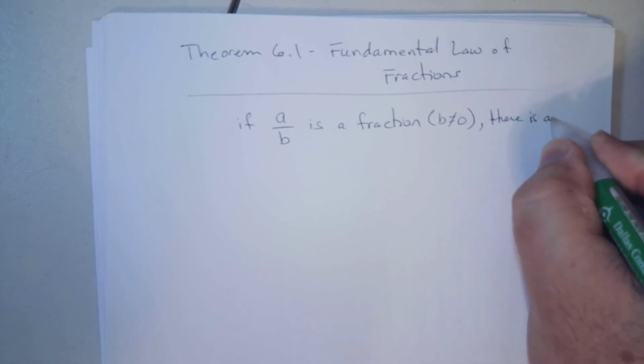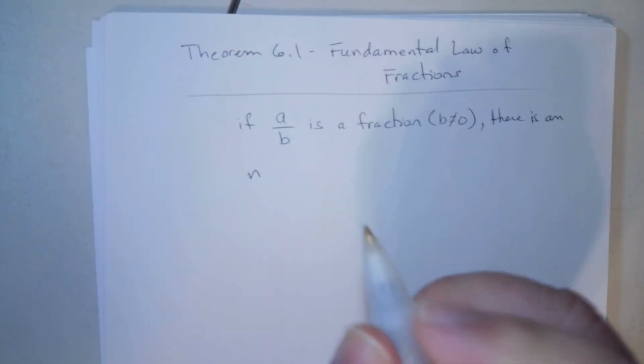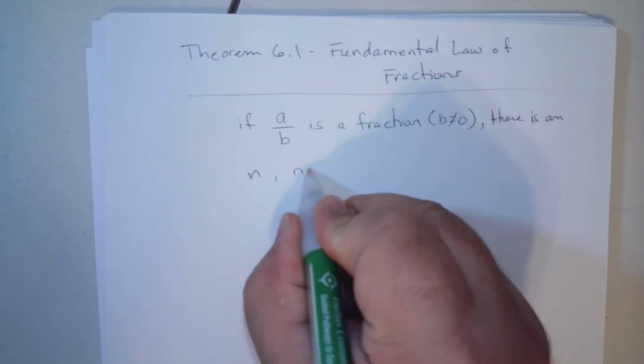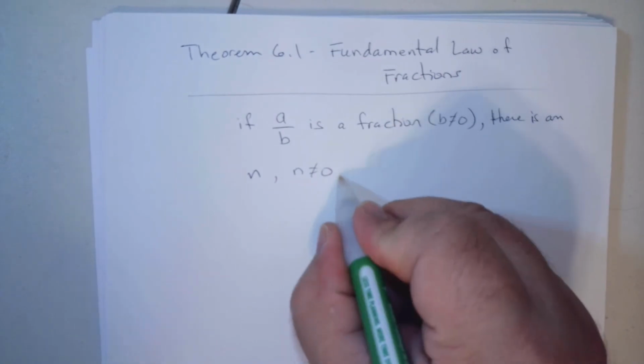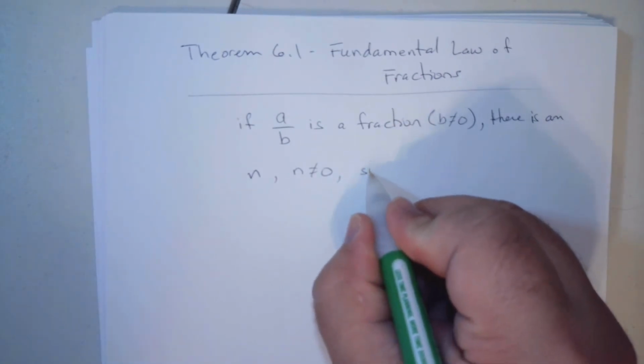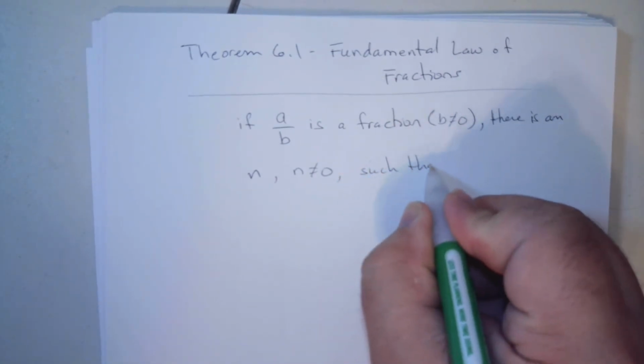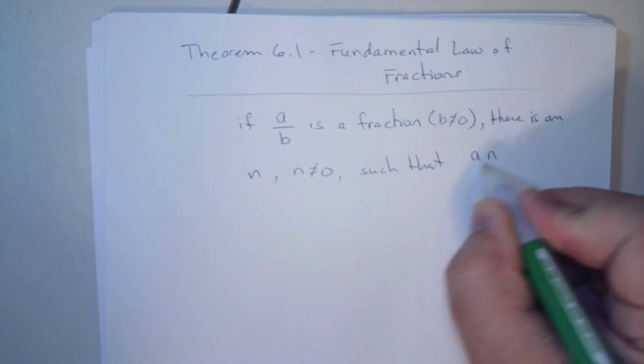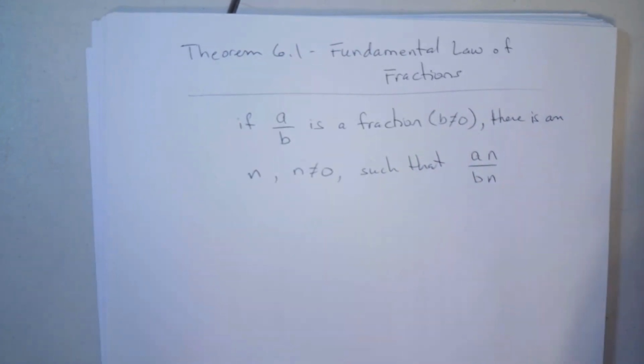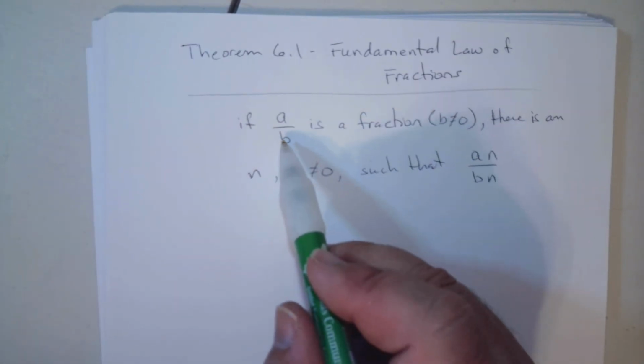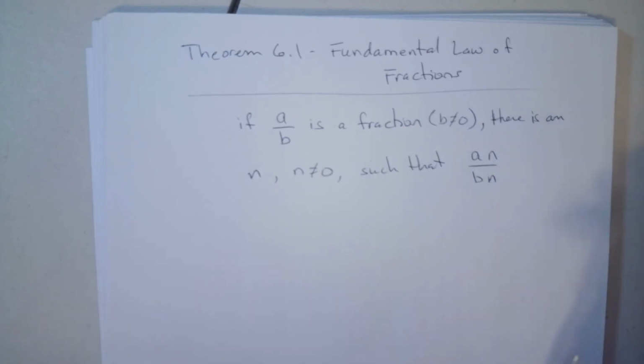There is an n, where n does not equal 0, such that a times n over b times n. That's the fundamental law. So if I have a fraction and I multiply by the same number, because if you think about it,